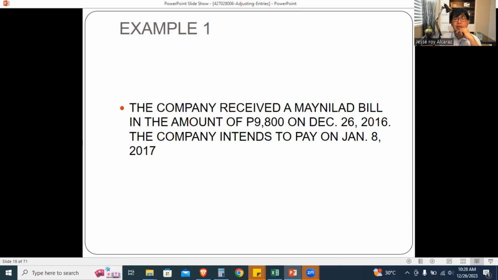So for example, the company received a Meralco bill in the amount of 9,800 on December 26, 2016. The company intends to pay on January 8,